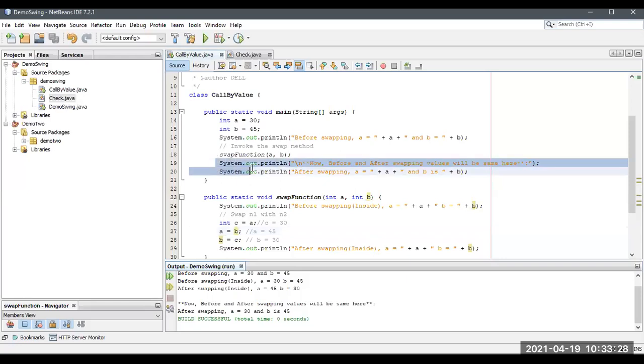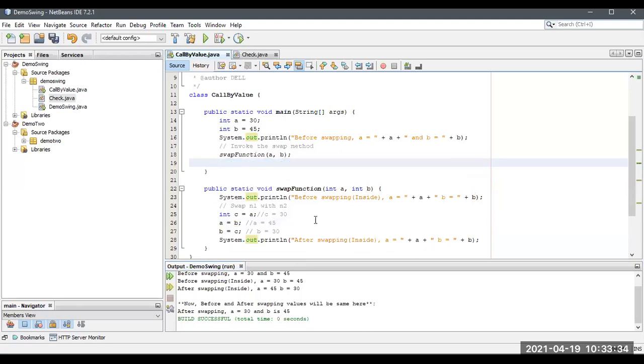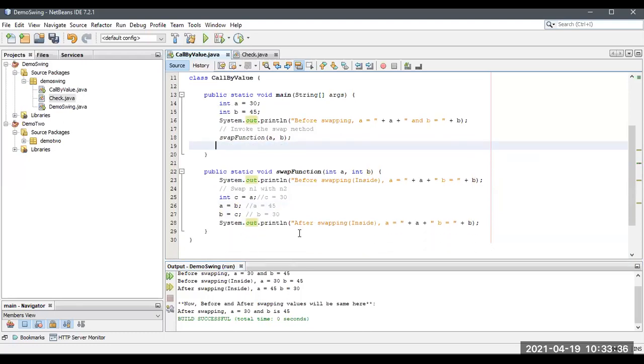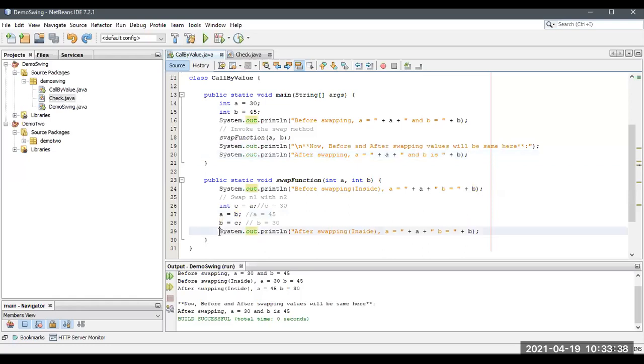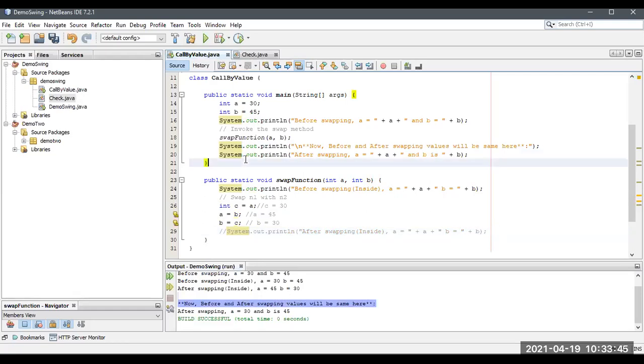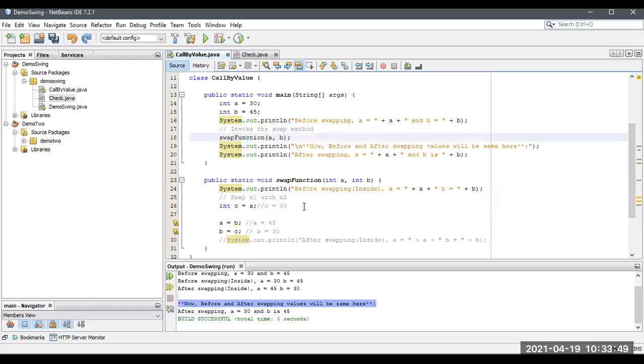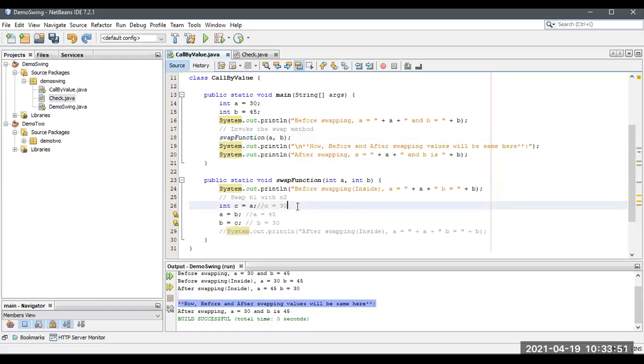Please don't consider this. I need to remove this one. Man, you will forget everything. Sorry, I need to remove this. So don't consider this. It won't be changed over here. After sending these values over here, it is changing inside this function. If you are going to change inside this, it can't be accessed.